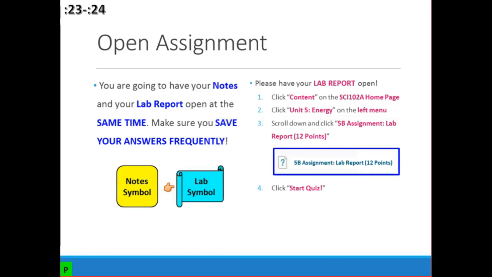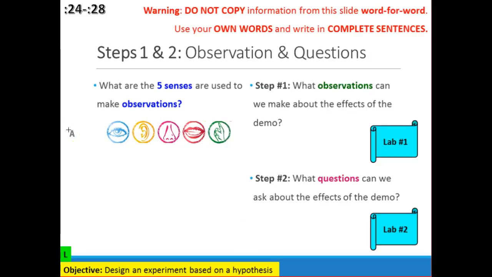Please, if you would, give me a smiley face. It's a smiley face if you can understand what I'm saying to you. All right, everyone, so let's do this. Tell me, what are the 5 senses that we have been using to make our observations? Everybody should know these by now. We've done them, I think we're on our 4th lab now, so we should definitely know what these are. What are the 5 senses? Tell me quickly, please, as fast as you can in that chat box.